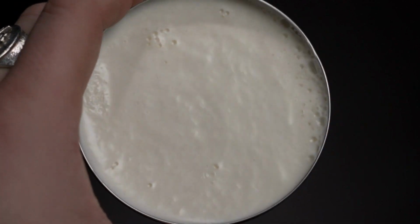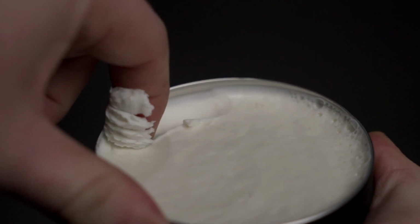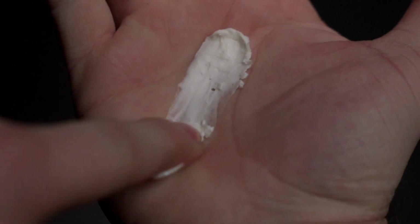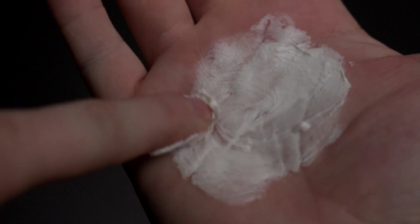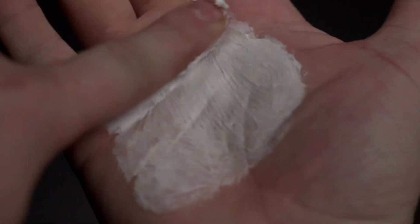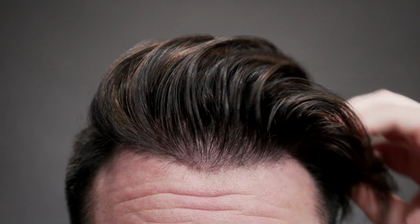Looking inside the tin on this one, we have a very similar looking product to what we just saw in the cream pomade, but this one is visibly thicker. In the realm of paste too, I think this one lives in the land of thicker and softer pastes and not creamy and lotiony pastes. Why are there so many pastes? So many pastes. Moving on to the demo though, we're going to start this with dry hair here once again,